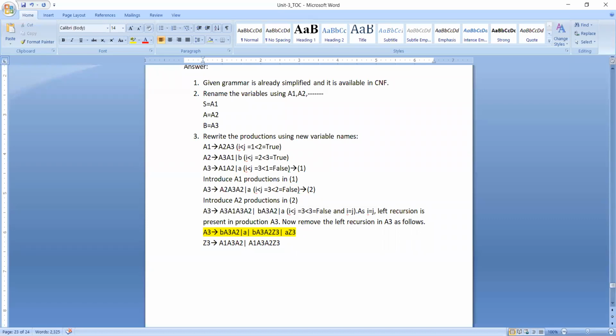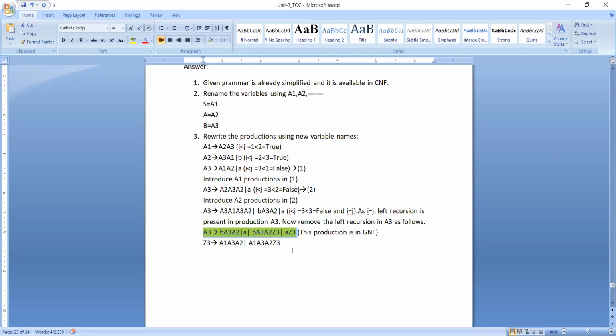Now I can write over here, this production is in GNF. Already it is in GNF. Now we are going to substitute all these productions of A3 in other places, with which we can convert the other variables into the corresponding Greibach normal form.